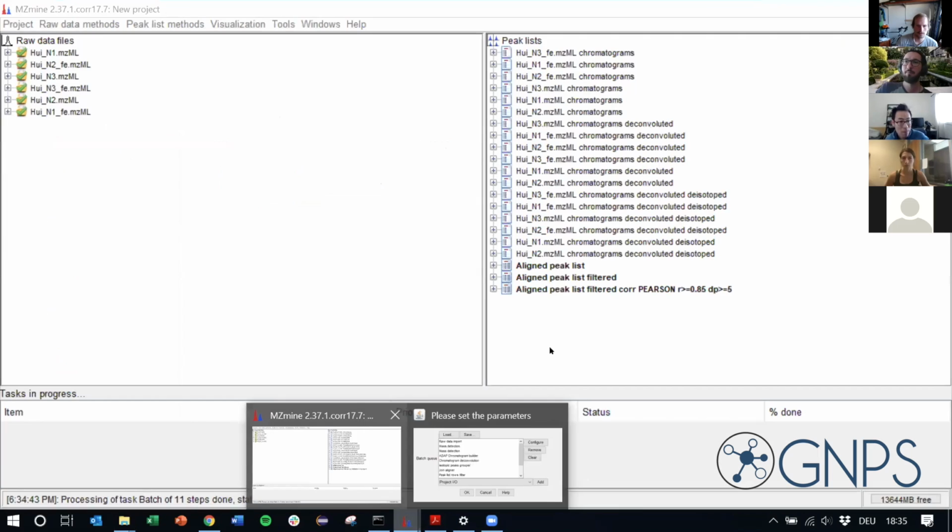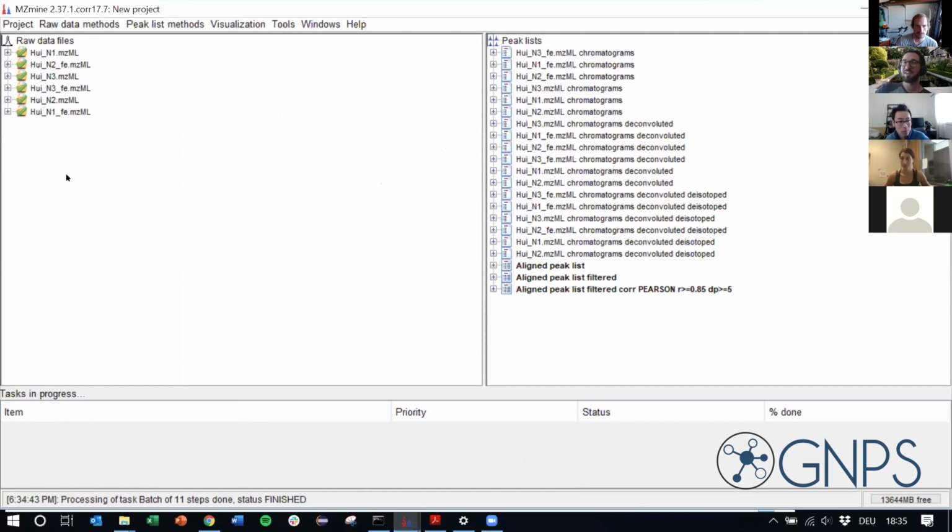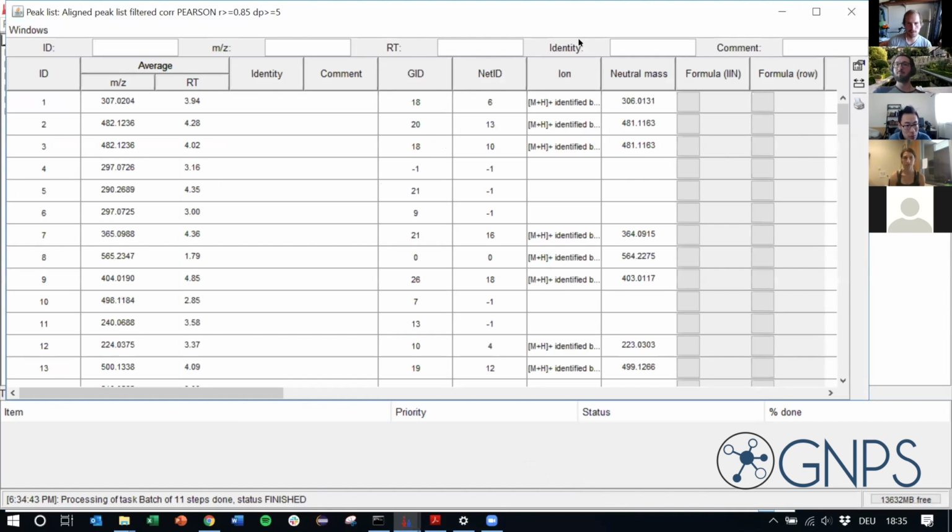You might have seen it did the feature mass detection, and now we have the check marks here because all MS1 scans have mass detection run on them. Now we have the chromatograms, deconvoluted chromatograms, de-isotoped, and aligned feature lists, and so on. This is basically the result of MetaCorrelate and ion identity networking. So basically, this feature table here,